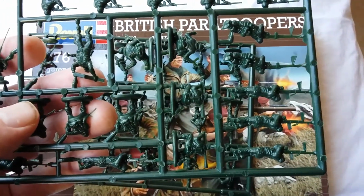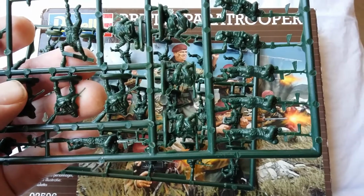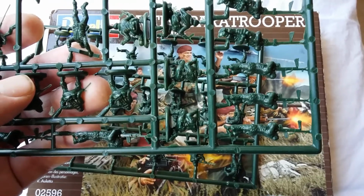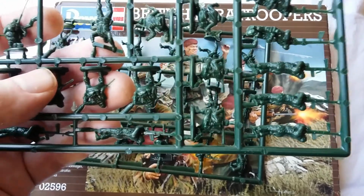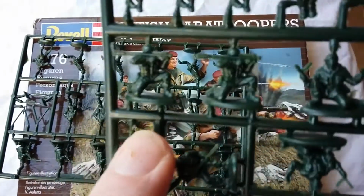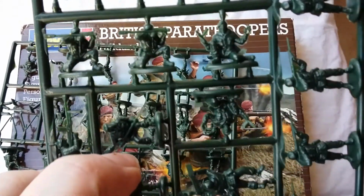Straightforward enough. There's your bits and pieces. You get 2 GPMGs, a couple of L4A4 light machine guns, which are follow on from the Bren. There is a 7.62mm version of the .303-inch Bren. Then you have, I suppose that's supposed to be the Carl Gustaf rocket launcher, missile launcher, whatever you want to call it. There are 2 of those guys, some NCOs with a Sterling,